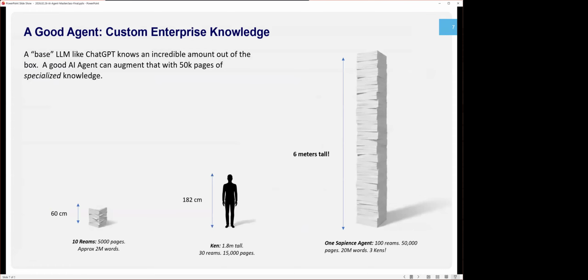So when I talk about custom knowledge, the concept of 20 million words of custom knowledge in an agent is pretty abstract, right? So this visualization maps that so you can see what that would be in pieces of printed paper. So in Sapience and in many agent systems, you get context rot and you get drift above 20 million tokens. So that's 50,000 pages. So I'm a big guy. And if you were to stack pieces of printed paper in one pile, it would be 3 times my height in terms of how much custom knowledge can be crammed into one AI agent.